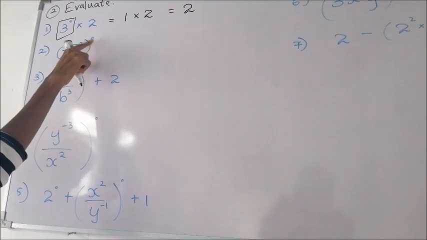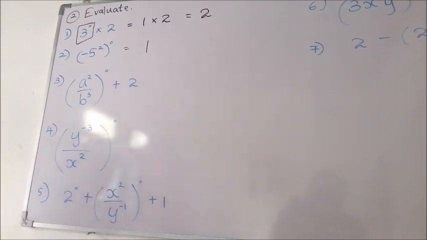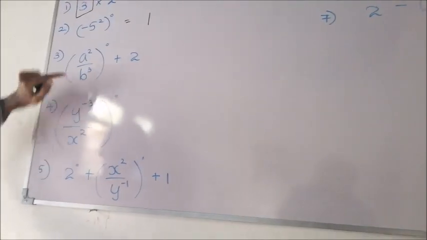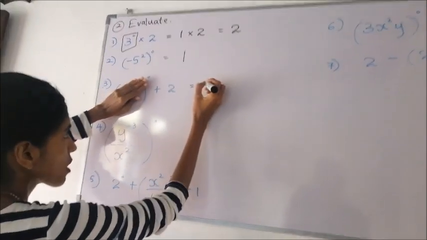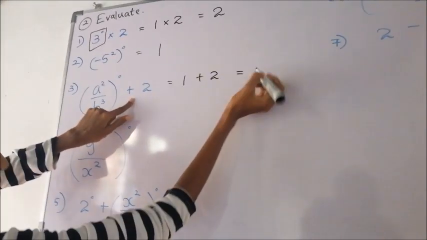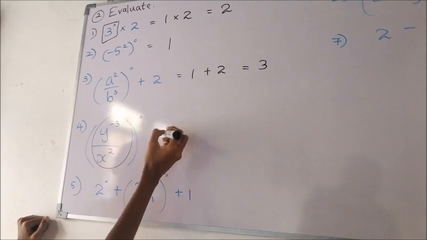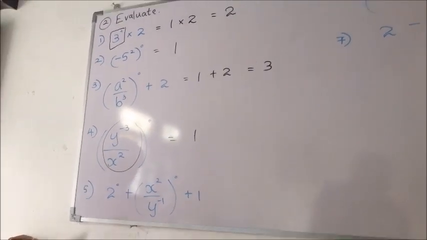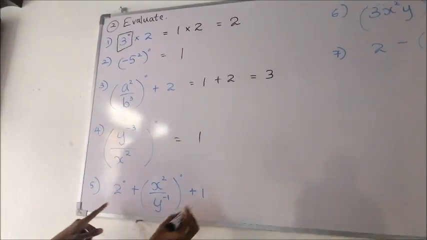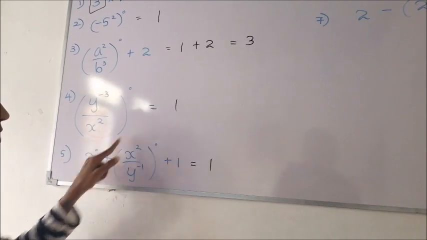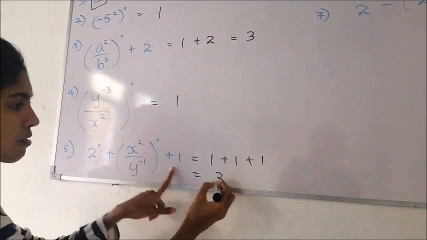Next, the index is 0 here in this power, so we can write just 1. No need to look at this, right? Next, the index of this whole section is 0, so instead of this we can write 1. Another 2 are added, so final answer is 3. Next, the index of this whole section is 0, so we can write 1 here. Next one, 2 to the power 0. That means we can write 1 instead of this. For this section even we can put 1, but addition. Next, now the 1 is there. Final answer 3.